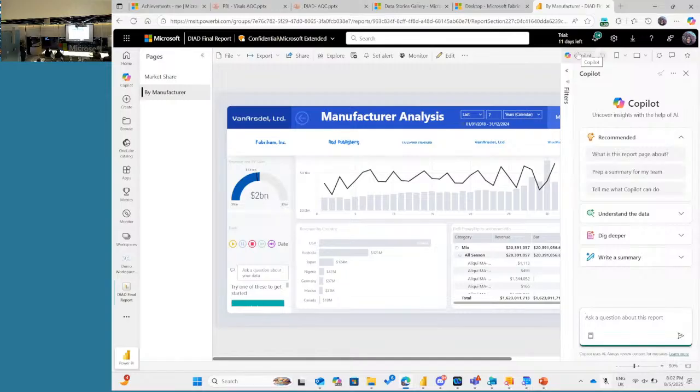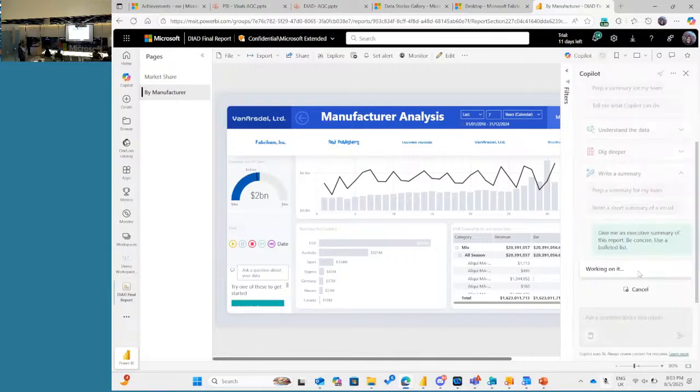It gives me the option whether I can talk to the report itself. I can also talk to the data model itself, which is really powerful. It gives me the ability to slice and dice some visuals, with points that are not available in the visuals. So let's say I'm about to walk into a meeting and I don't have time to analyze the dashboard. I want a quick summary. I can ask Copilot to write the summary.